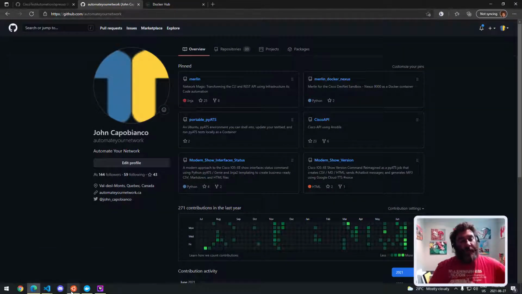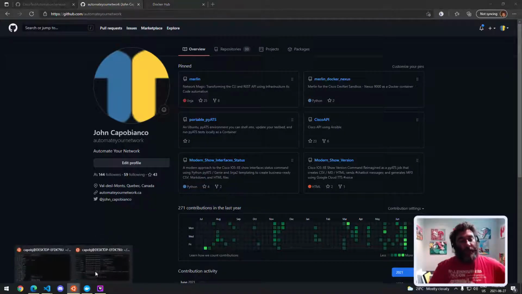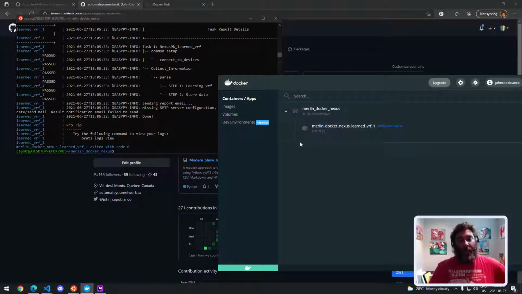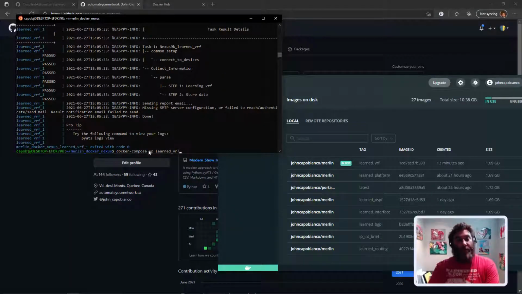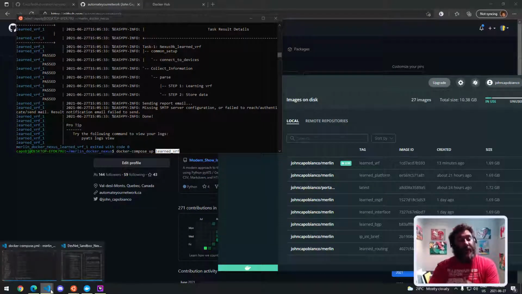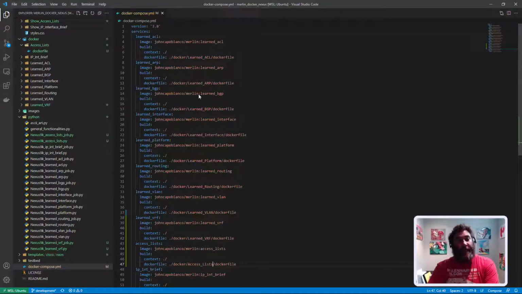So if we look here in this Ubuntu window, I'm going to notice that I have this learned VRF, which I just brought up with the command docker compose up. Well, now I've learned that I can just bring up one service at a time. It might seem silly to you, but I wanted to share that with everybody, that here in my docker compose file,